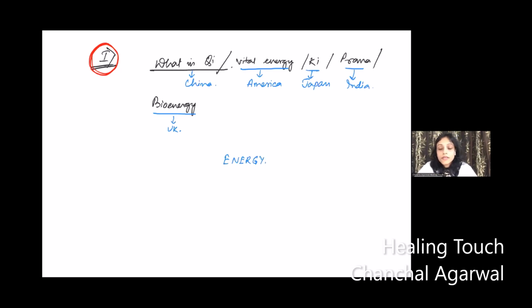Now this energy, why is this particular point important? Why is this energy or Qi word important? Because this is the only factor which differentiates you from your dead body. What is the difference between you and your dead body? Qi, energy. In the dead body, all the organs are there after death, all the components are there, but the only thing